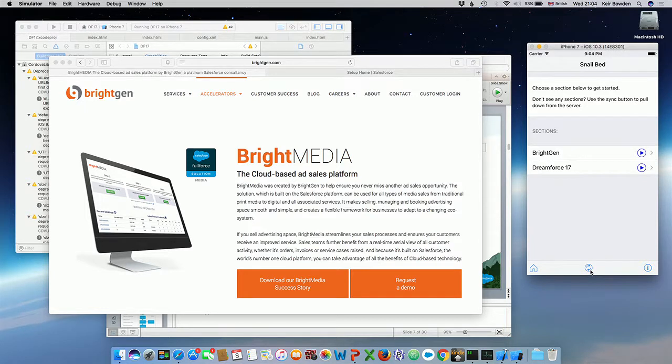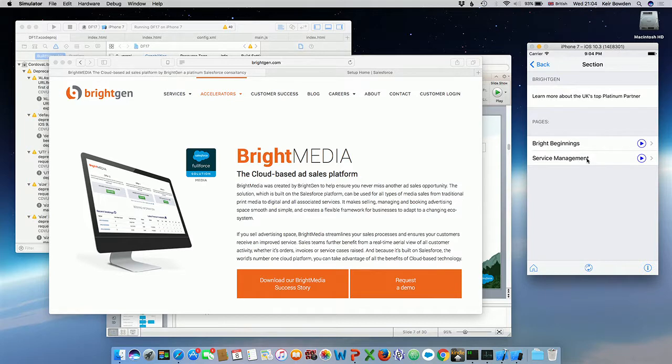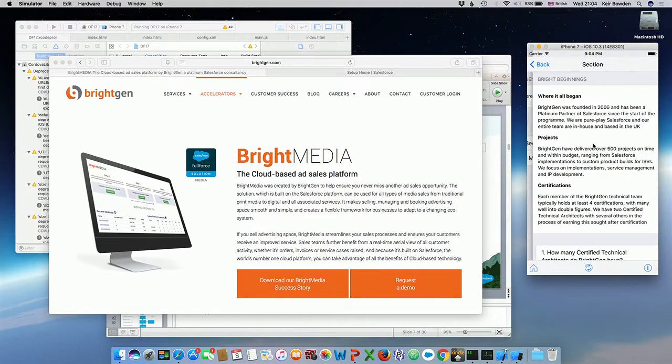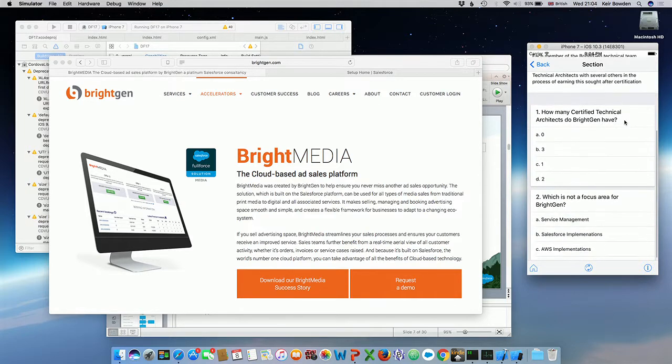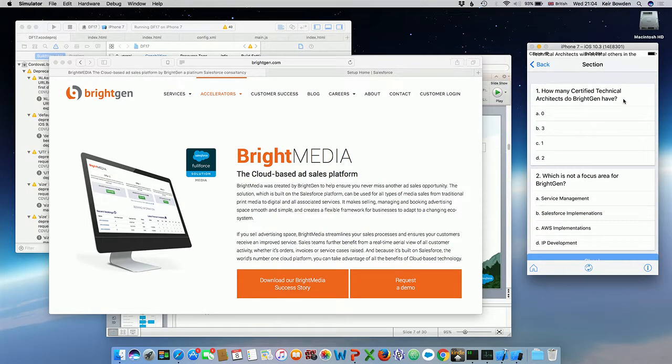So the idea is of these, I can then decide I want to learn something about BrightGen, obviously, because that's who I work for. And we've got 2, so we've got a section in here, a little bit of an introduction, and then 2 pages, which have actually got the detail. So this just has a little overview of BrightGen, what we do with projects, what we do with certifications. And as you scroll down, you've got a couple of questions down the bottom. So as you click into those,